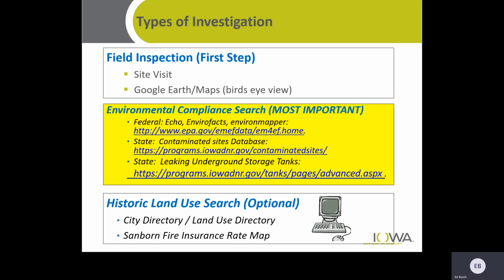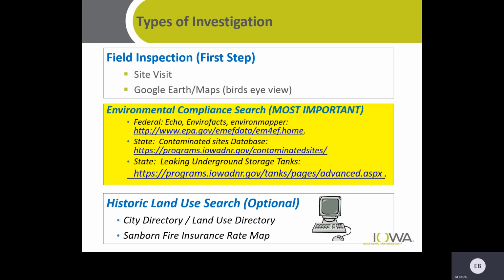The photographs you saw, that would be your field inspection first step, or you can use Google Earth also to get an idea. And then there are 3 websites that list contaminated sites, including a specific website for leaking underground storage tanks. Consult those, put in your location, and you will see what sites there are and what level of contamination they may be contributing.